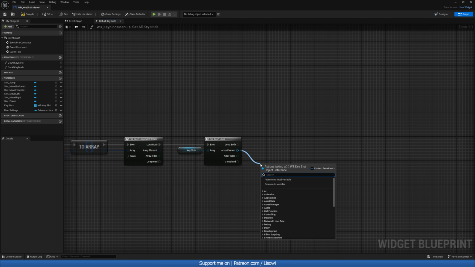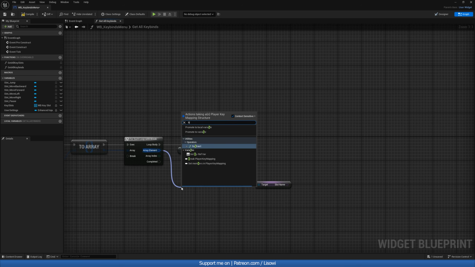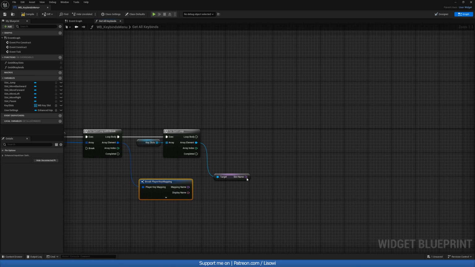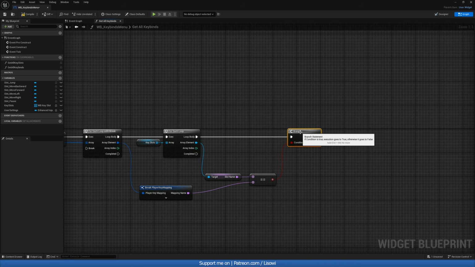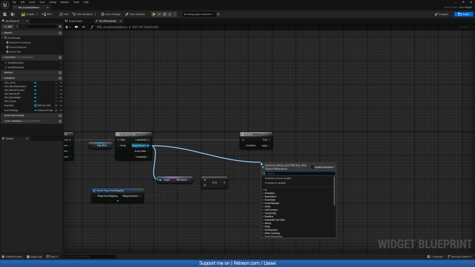So what do we have? We had this slot name variable option. So do that. And here it's going to be called a mapping name. So let's do equals equals, connect both of them, like so. And it will do a branch, connect that in here. And if that's the case, they match, then we'll do